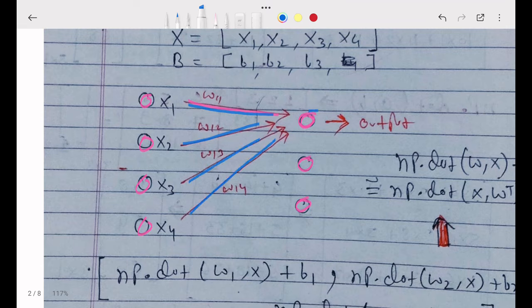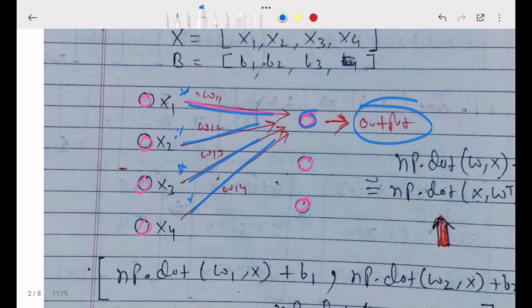Now what will I write? x1 into w11, x2 into w12, x3 into w13 and x4 into w14 plus bias is equal to the output. This is my final.